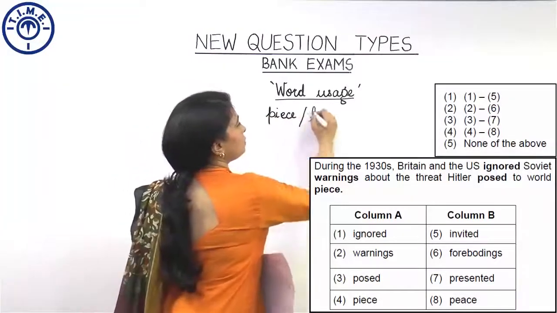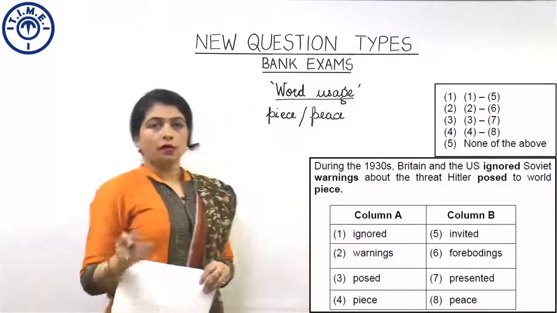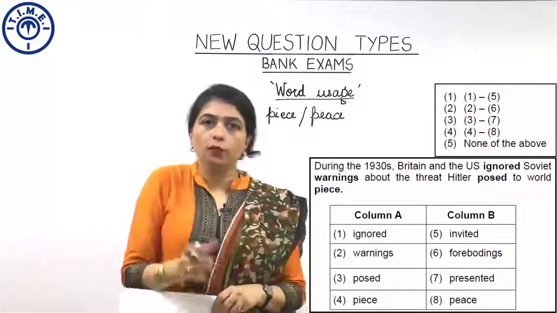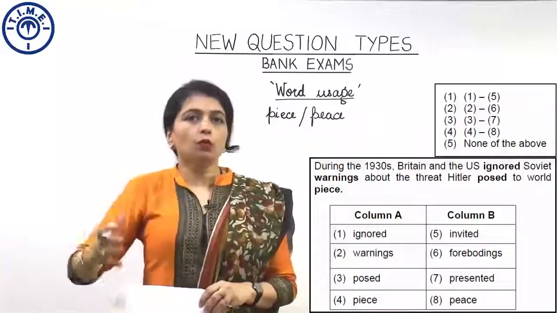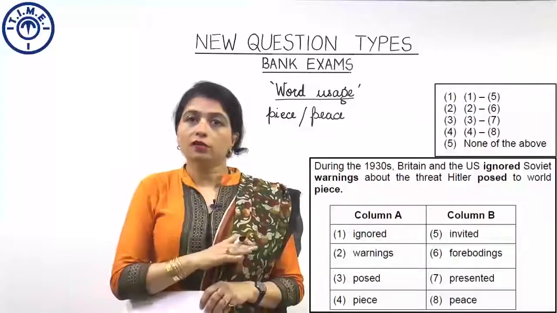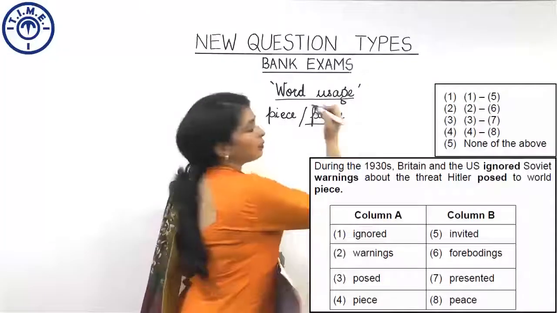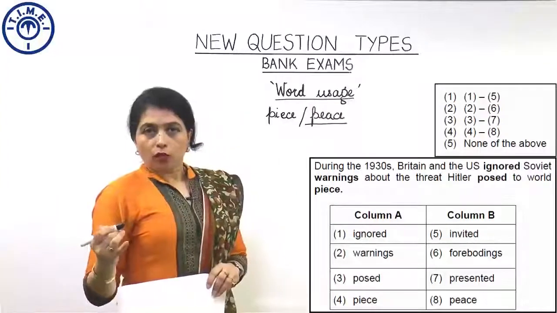P-I-E-C-E versus P-E-A-C-E. Now, which of these is correct? We are talking about a threat posed by a man to world peace. Over here, peace means a state where there is no war going on, and because of this idea or the context,